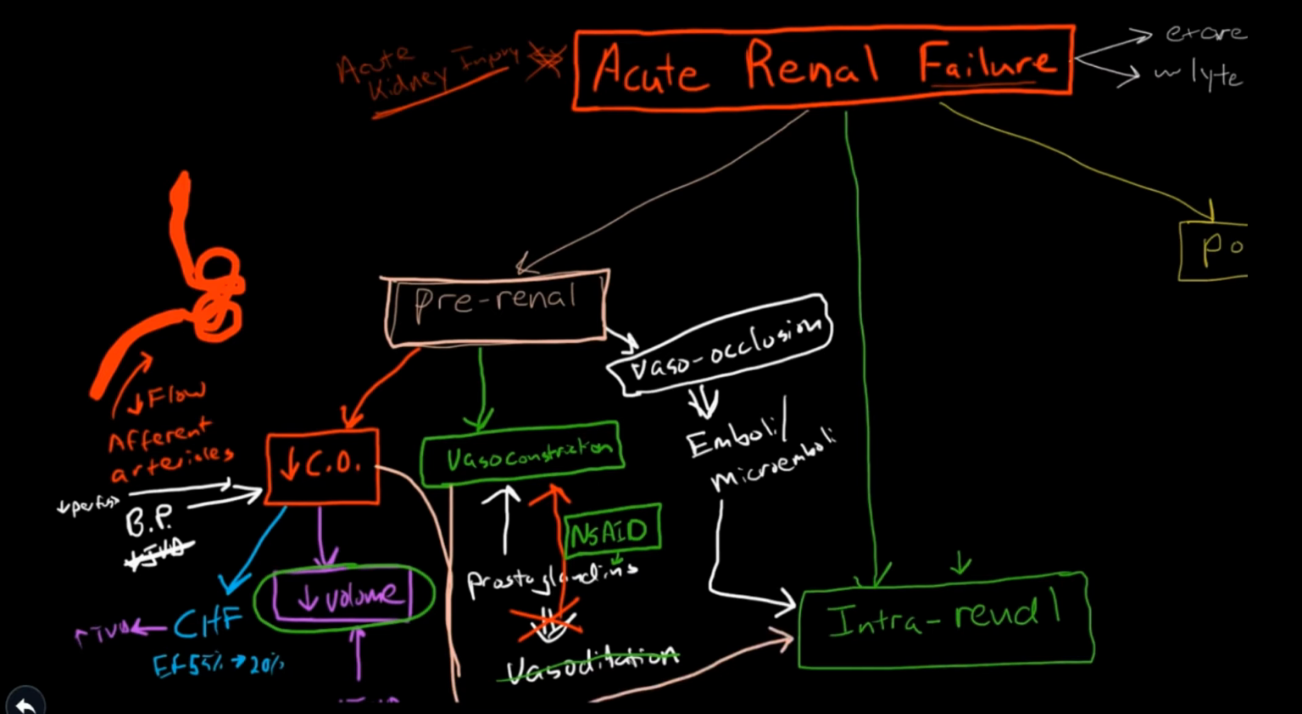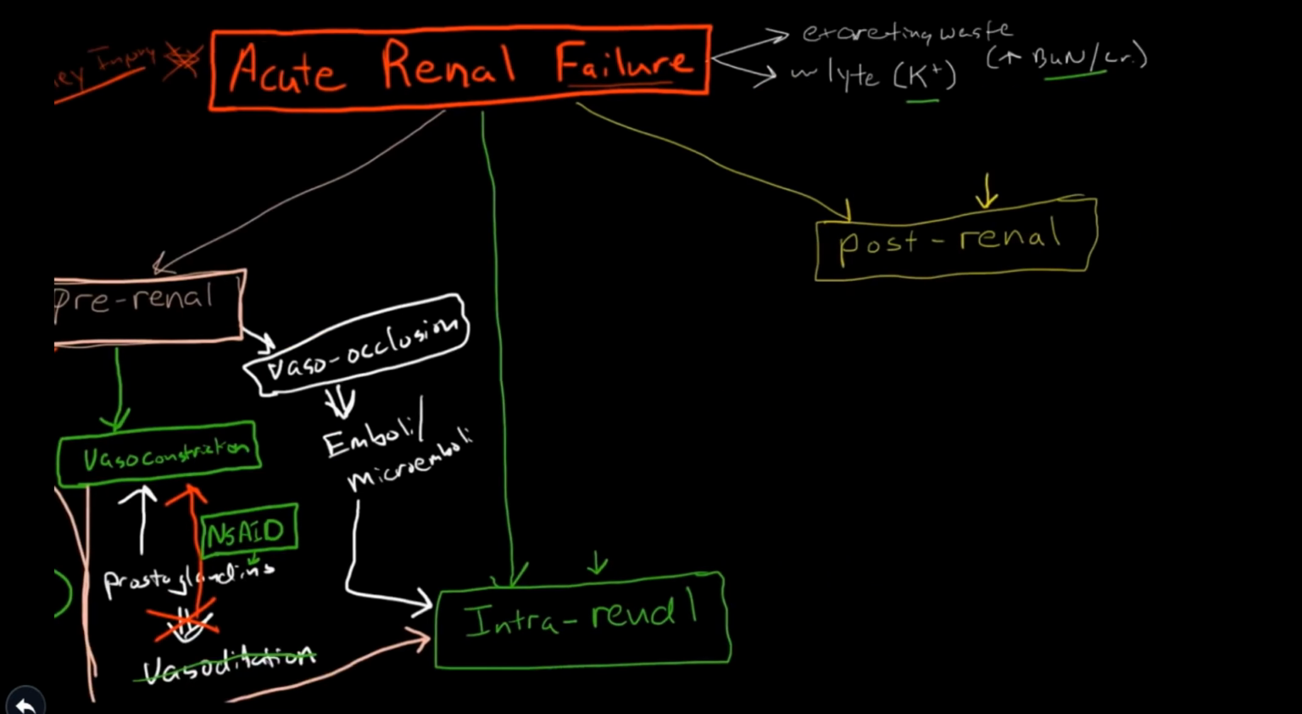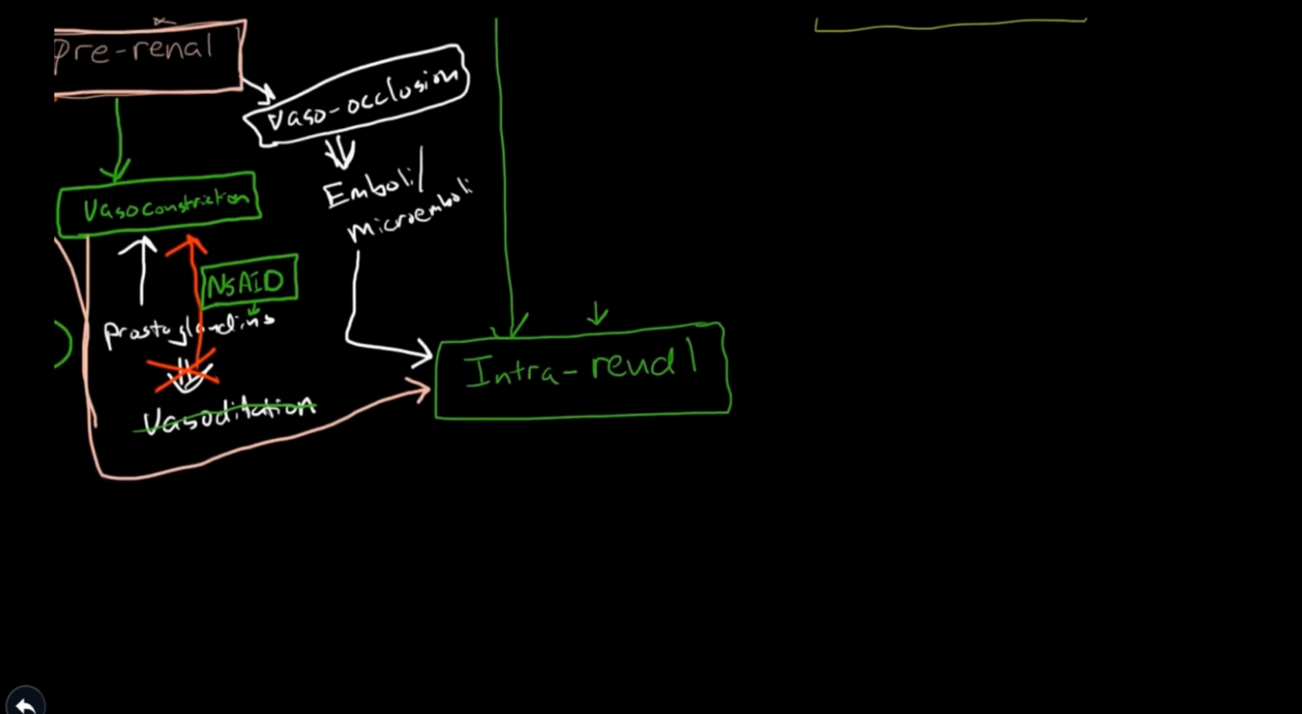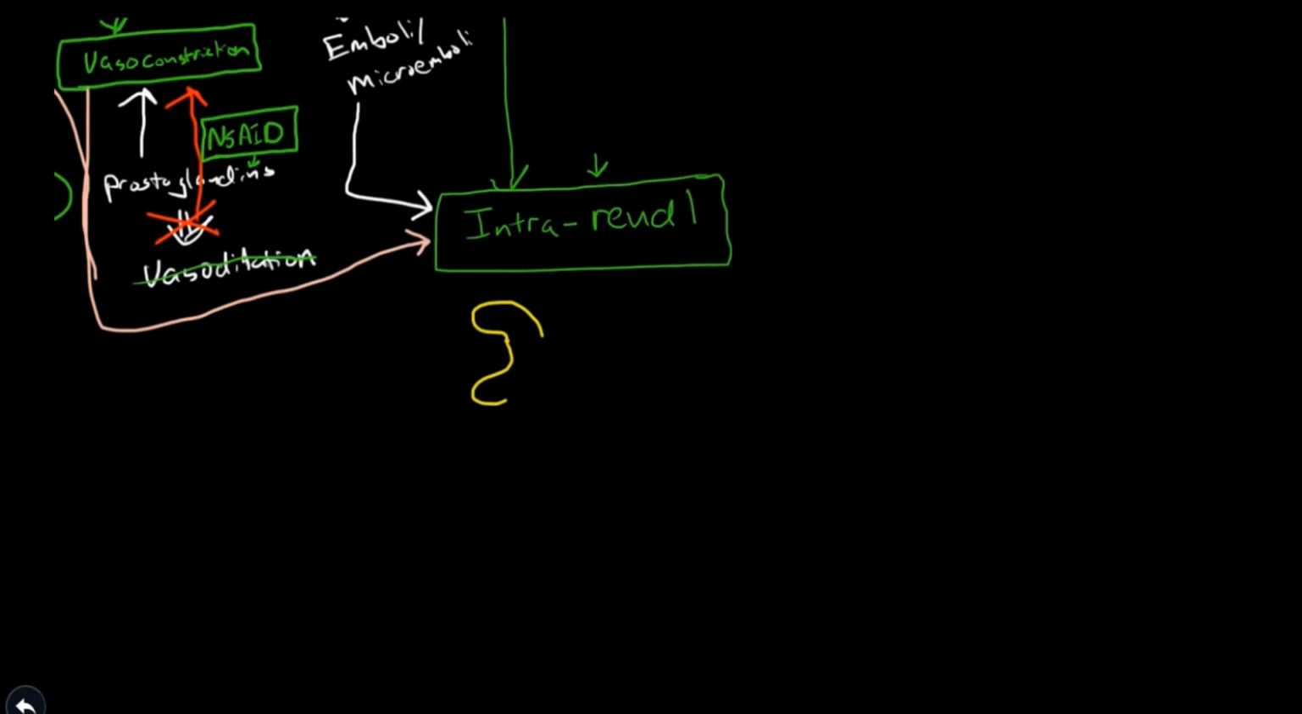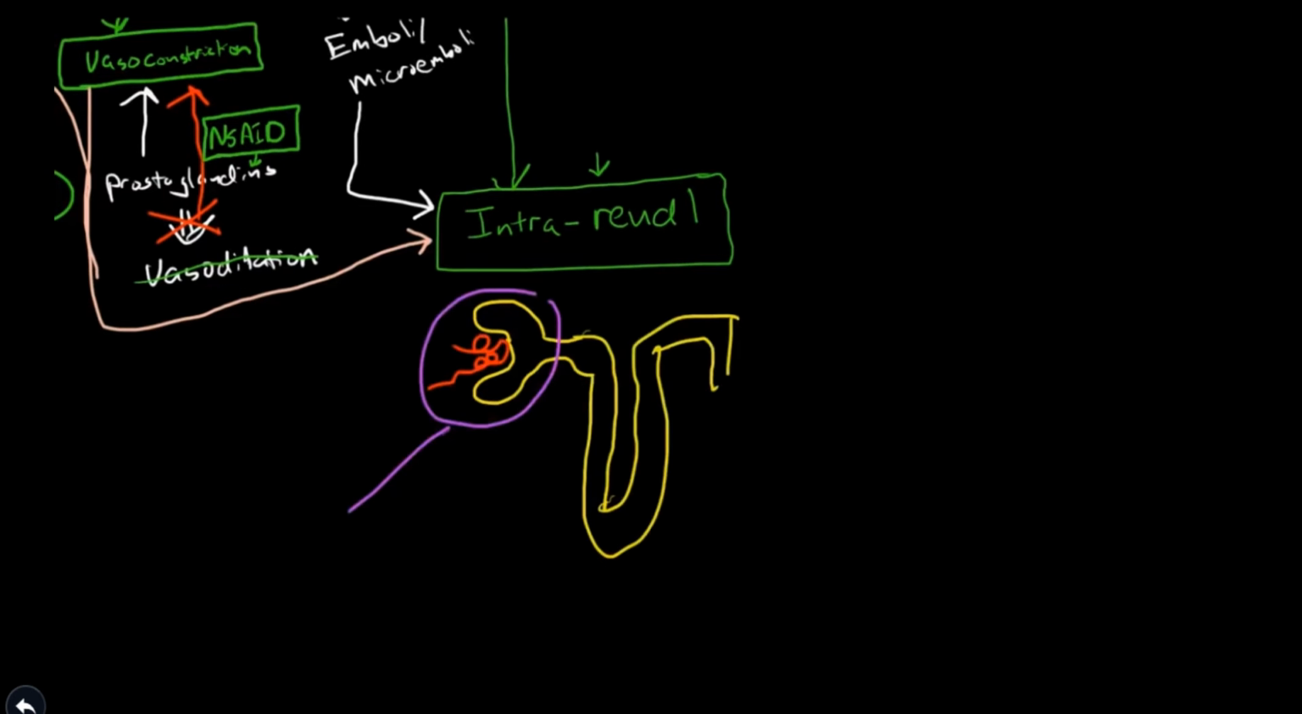If you decrease blood flow through the afferent arterioles to such an extent that it not only interferes with the function of the nephron, but actually causes damage to the nephron itself, to the cells within the nephron due to ischemia and necrosis, then this will lead to intrarenal failure. Now, intrarenal failure really is